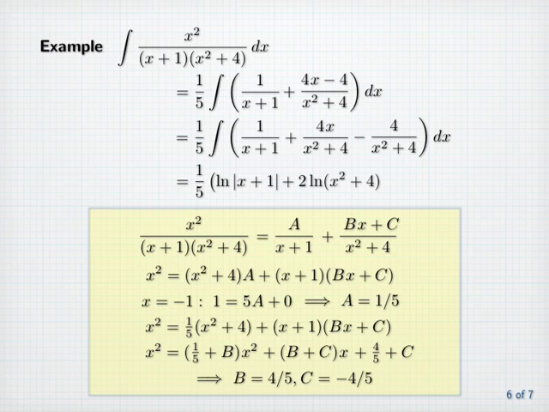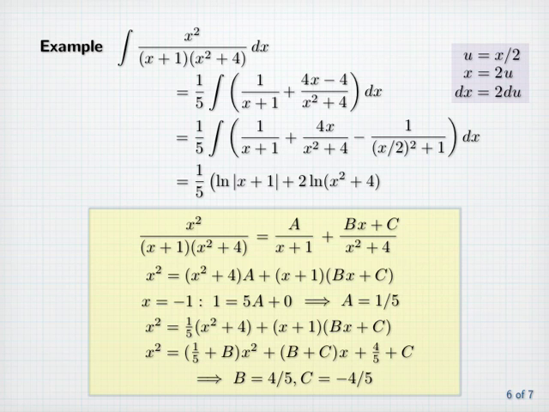A simple way to handle the third term is to divide the numerator and denominator by 4 and rewrite that term as minus 1 over x divided by 2 squared plus 1. We'll then think of making the substitution u equals x over 2, or x equals 2u, which means that dx is 2 du, and with that